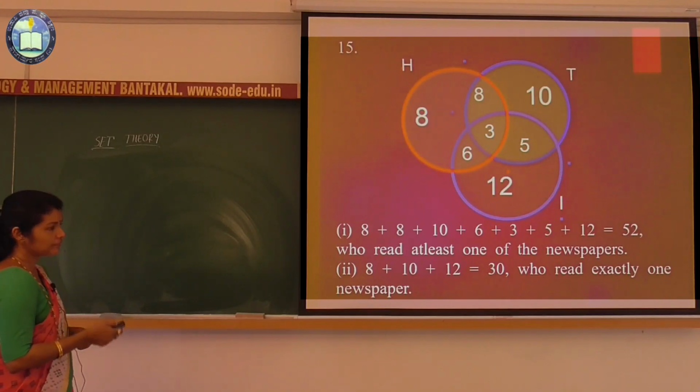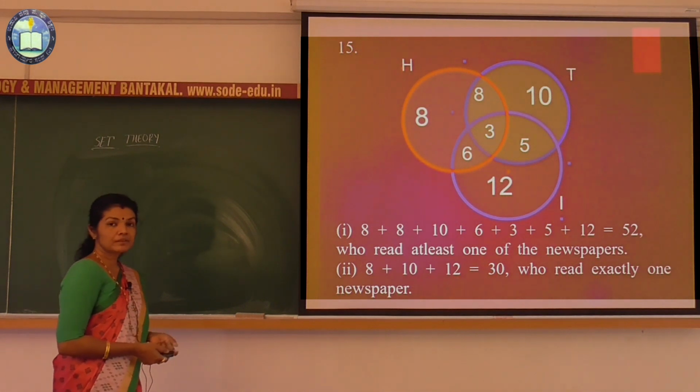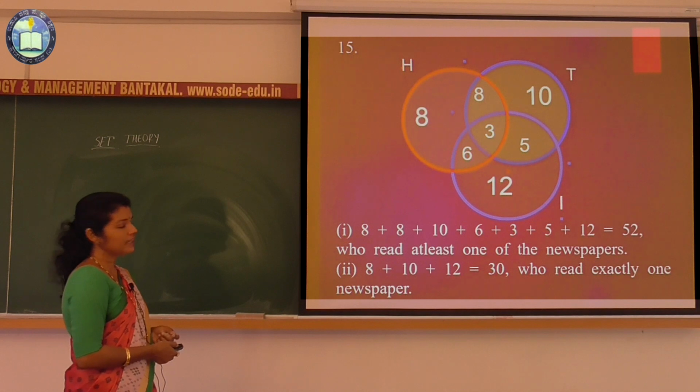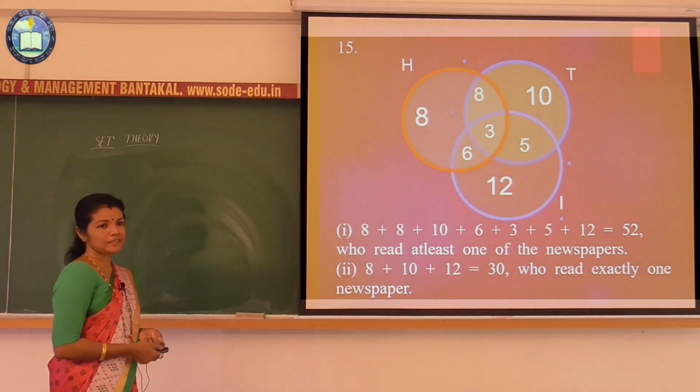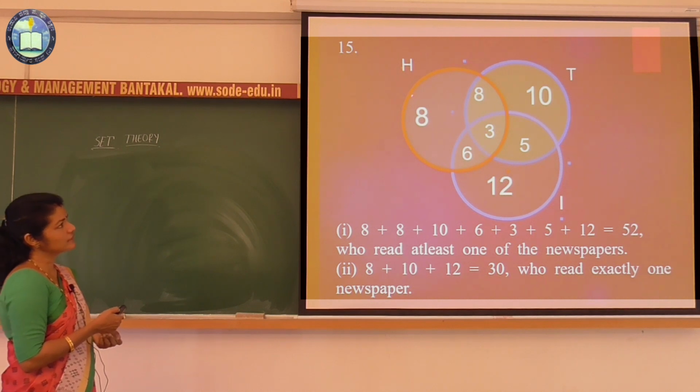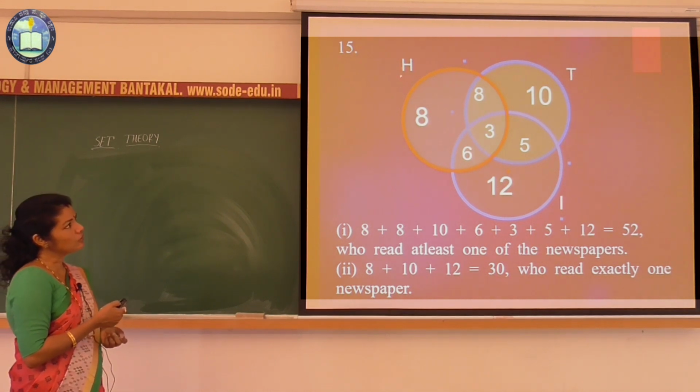Now listen to me. If you observe the statement, now 3 sets are there. Number of people reading newspaper H, newspaper T and newspaper I. See the diagram? Circle. Number of people who read newspaper H, then